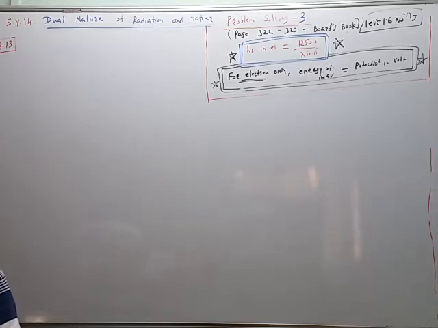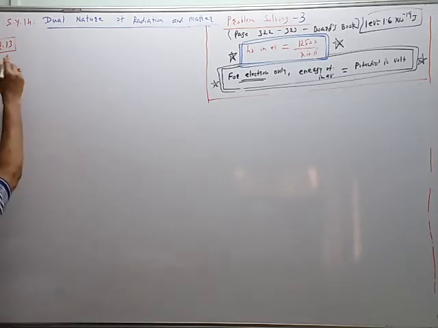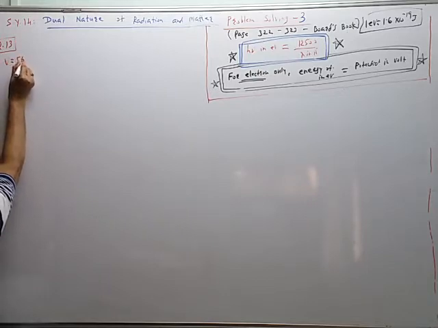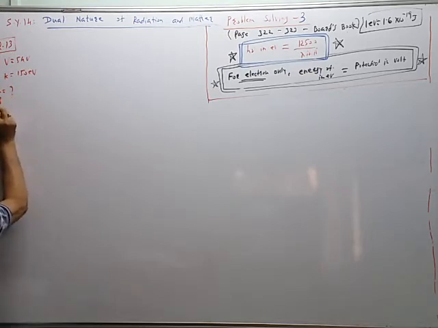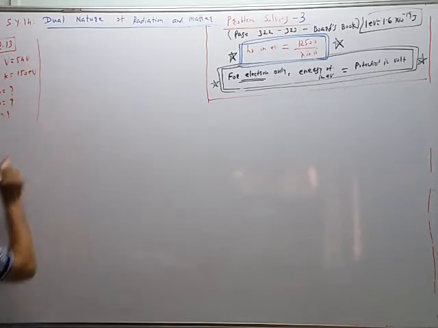So in the first case we are given potential, in the second case we are given the energy, and we have to find the lambda. In the first part the value is given, V is equal to 54 volt. In the B part, kinetic energy is given, 150 electron volt. In both the cases, we have to find the wavelength lambda, momentum p, and speed v of the electron. So this is our problem.